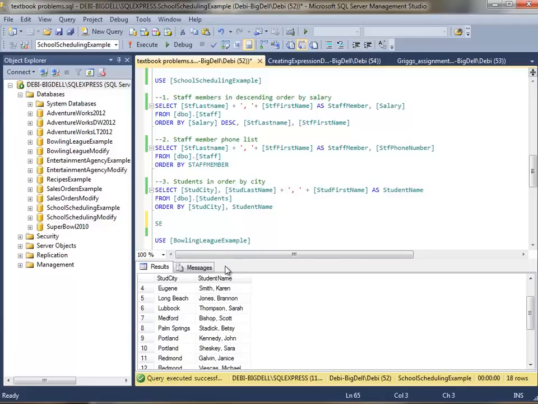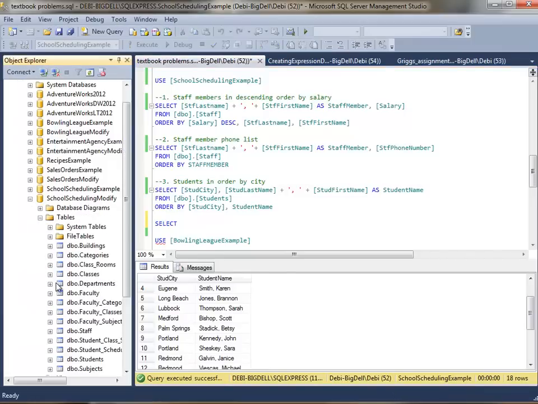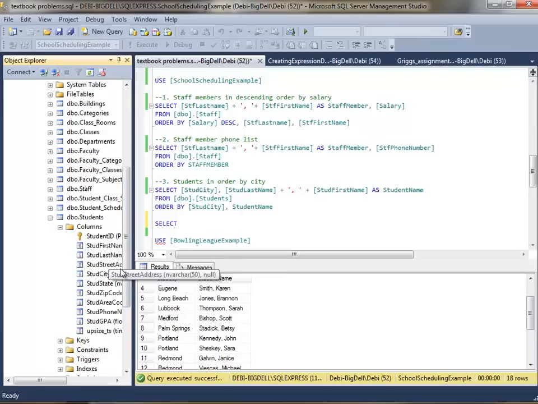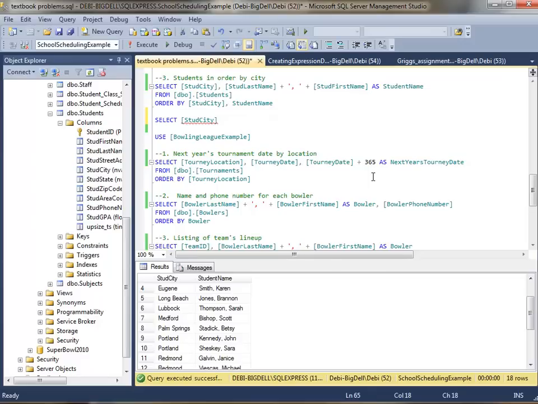I'll write the select statement, select school scheduling, tables, and we're going to use the students table, columns, and I'm going to take the student city, comma, student last name, and I just remembered that I happen to have kept that particular string in my clipboard so I could paste it back in. Student first name,